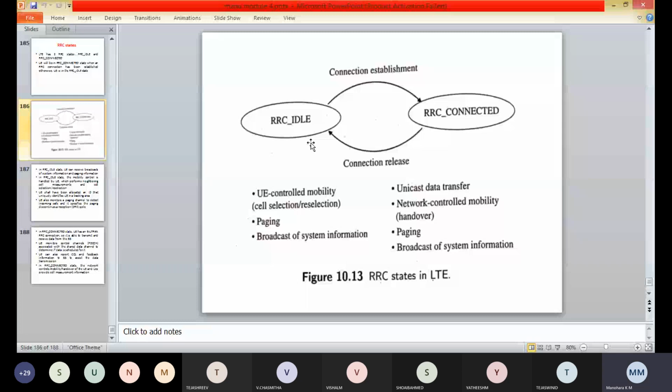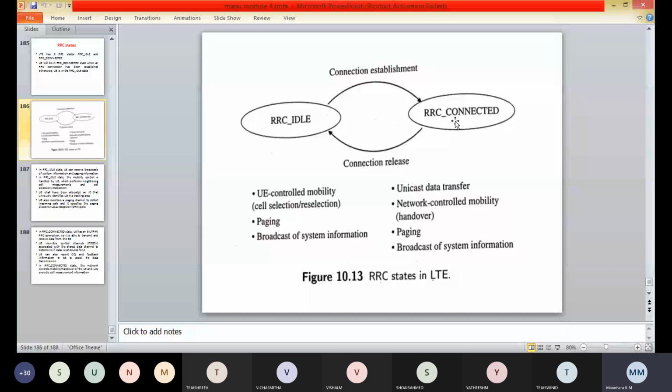In the connected state, the user equipment has an E-UTRAN RRC connection and a context in the E-UTRAN, so that it is able to transmit or receive data from the network, that is the eNode B. Here the user equipment monitors the control channels, that is the physical downlink control channels, which are associated with the shared data channel to determine if data is scheduled for it.